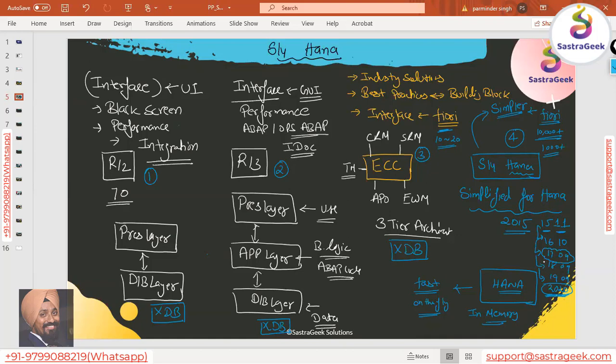Now all the work of SAP you would be able to do on Google Chrome, Internet Explorer, or any other browser, and you would be able to work directly on SAP. You need not install the GUI on your desktops.